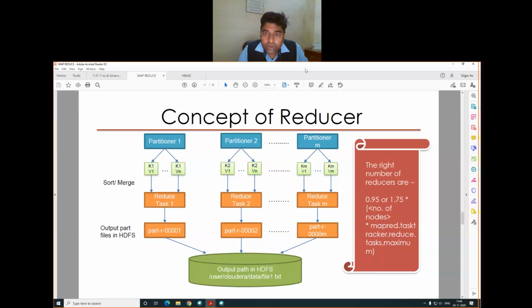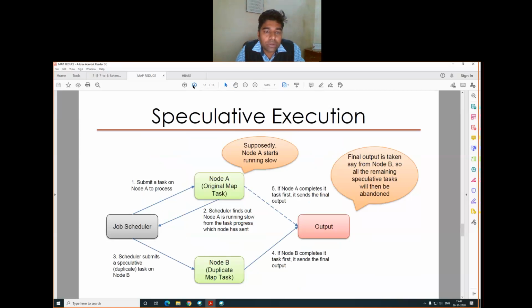reducer, which is almost similar. As we know, the reducer takes all the output of the mapper as its input. So reduce task 1, reduce task 2, reduce task m, after key-value mapping by the mapper. It will perform data aggregation, and then the output will be stored in HDFS, the Hadoop Distributed File System, in readable form, at the output path in HDFS. Okay, and this one is the speculative